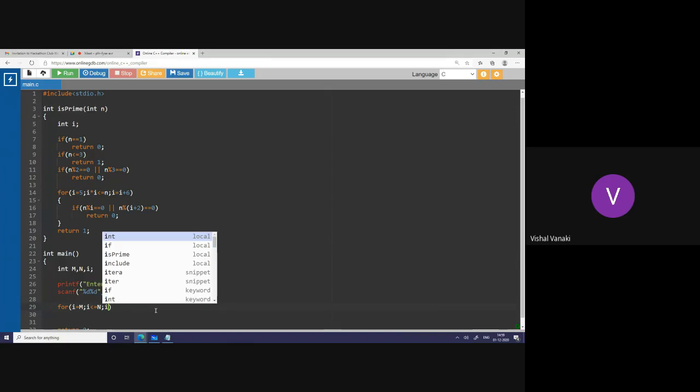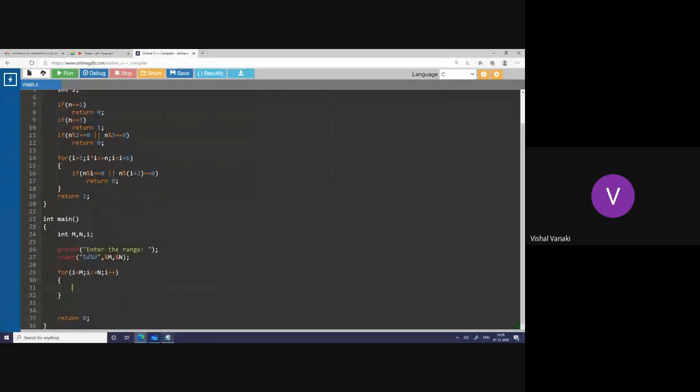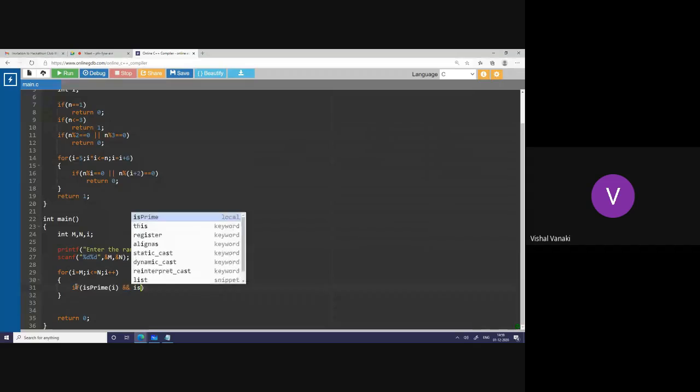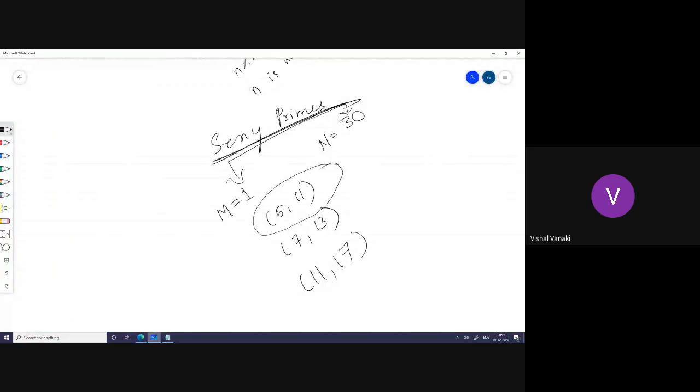So this loop will give me values from m to n. Inside this loop, I will check isPrime of i, and also isPrime of i plus 6. When both return the value 1,